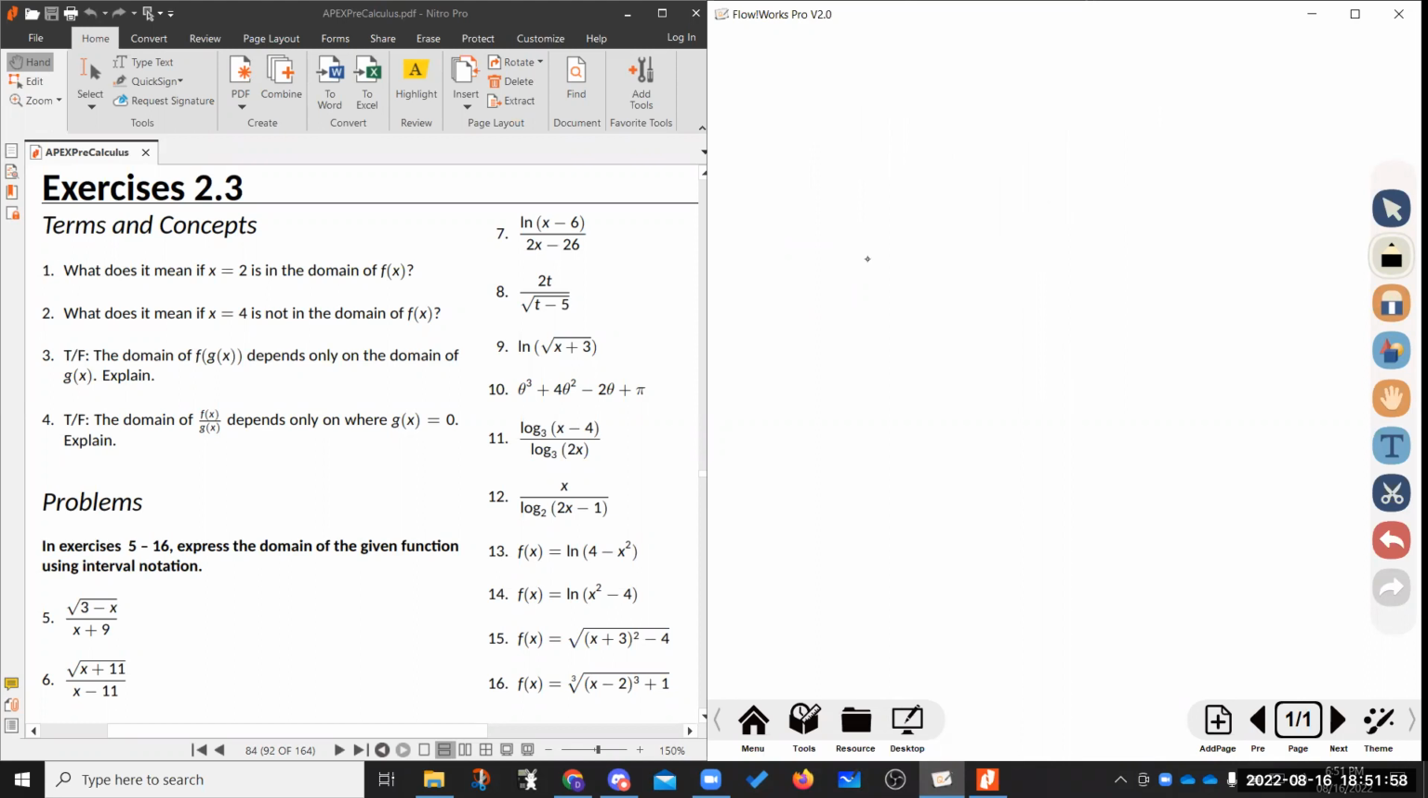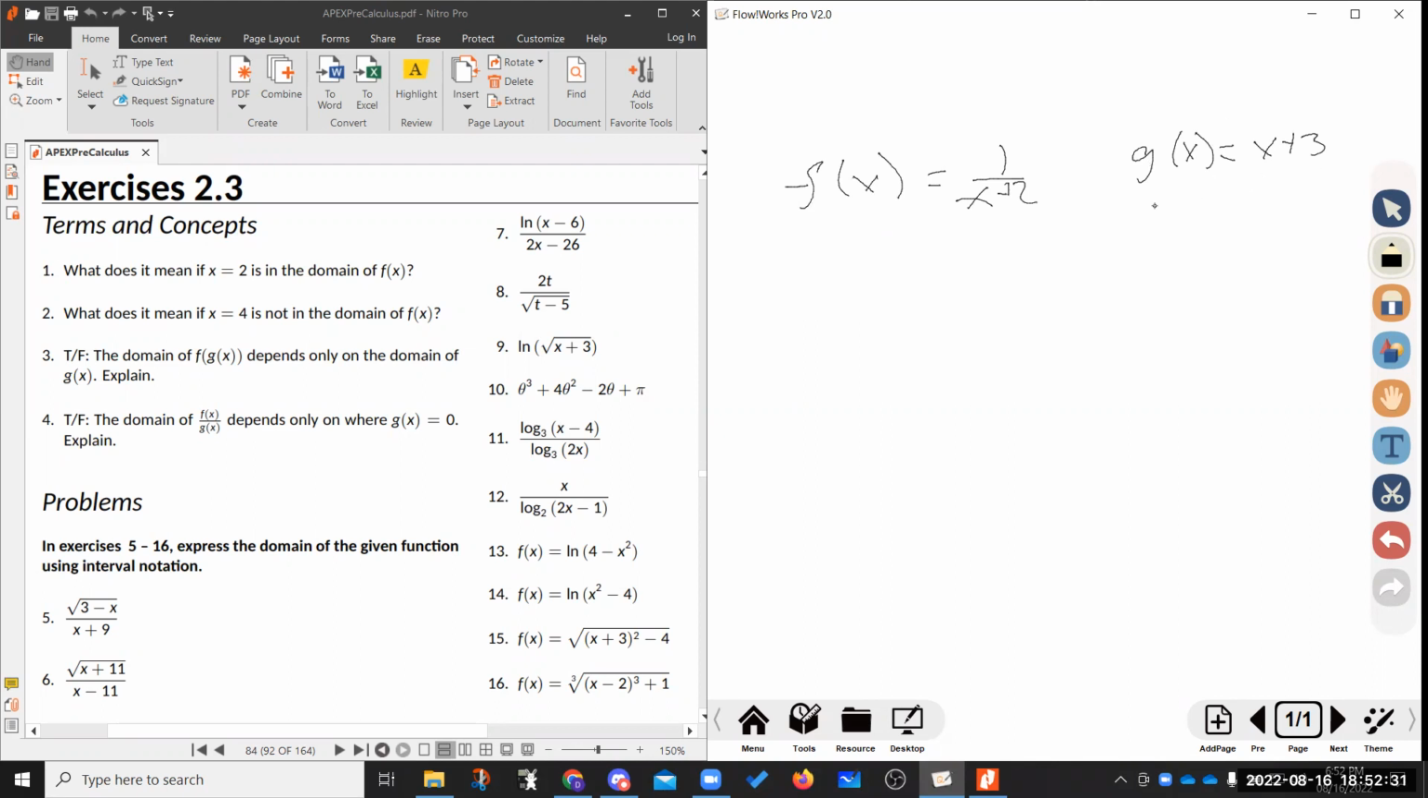The domain of f of g of x depends only on the domain of g. That's false. It also depends on the composition f of g once you're done. So if I have f of x is equal to 1 over x plus 2, and g of x is equal to x plus 3,